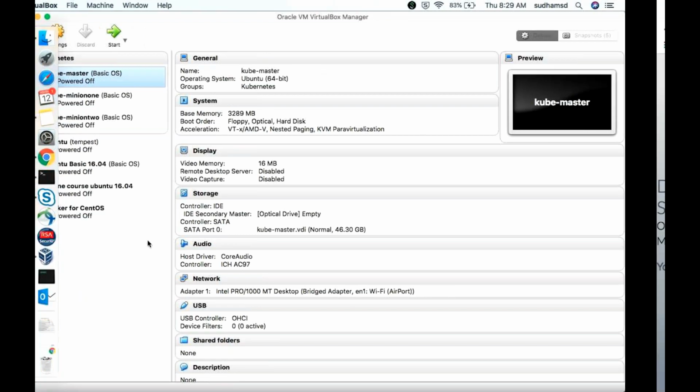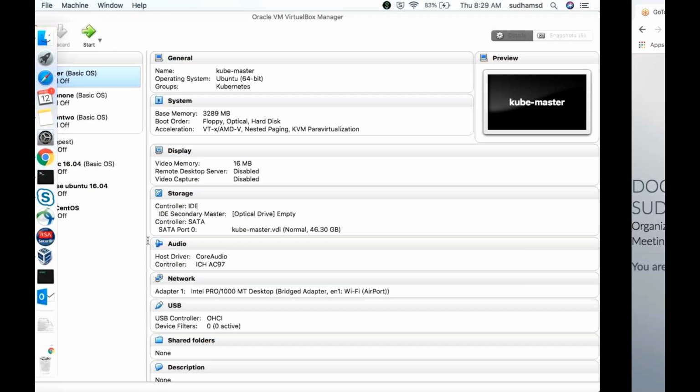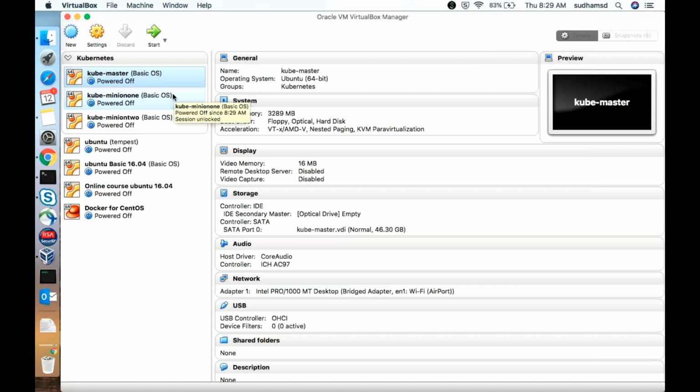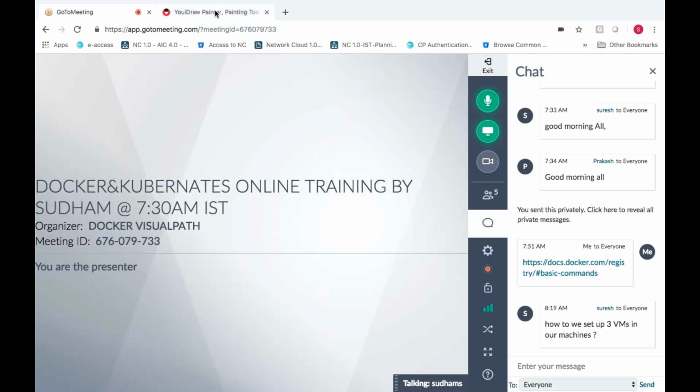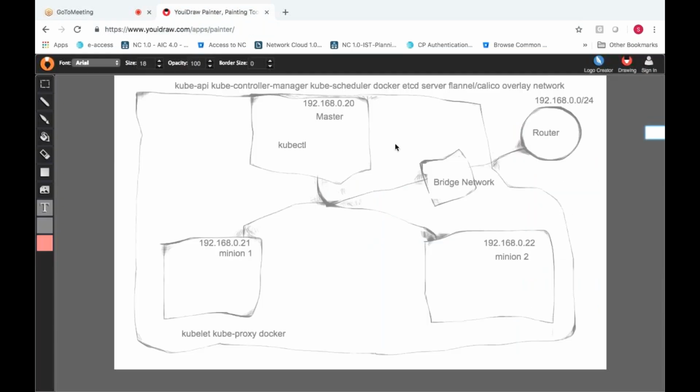Let's connect tomorrow at 7:30, and we'll start with the installation of Kubernetes, and then I will try to explain what a pod is and other things. We need to complete our task till here, installation and completion. Just now we have configured the servers with this particular architecture. Now we need to install these packages on the respective servers. Tomorrow we'll see how to do that experiment.